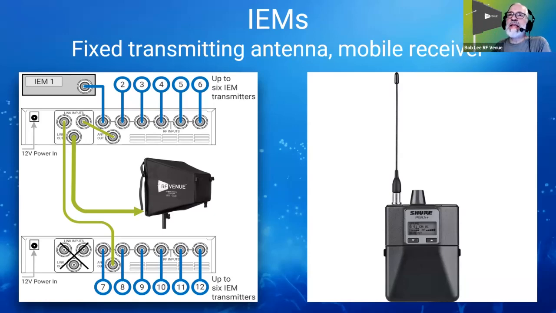I can't honestly say that that is true diversity, but since we're usually not dealing with diversity receivers anyway with in-ear monitors, we have to make sure that the stage area gets a solid, robust signal of IEM signals wherever the performers are. So that's the purpose of using an antenna like the CP beam, which is circularly polarized